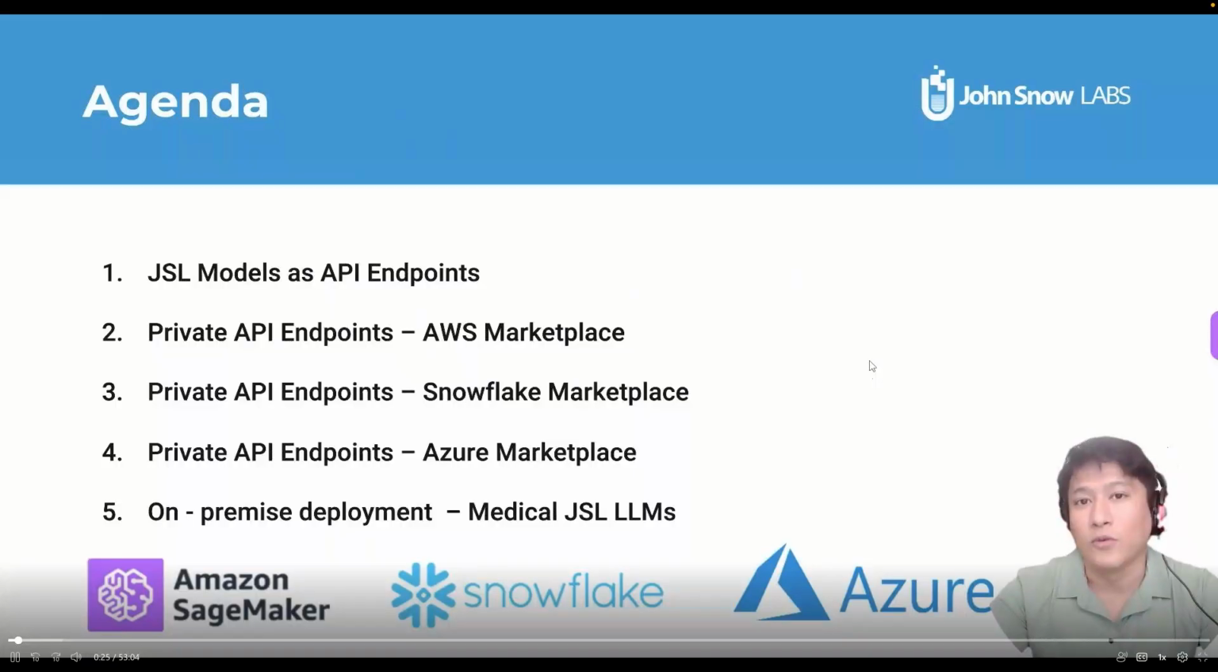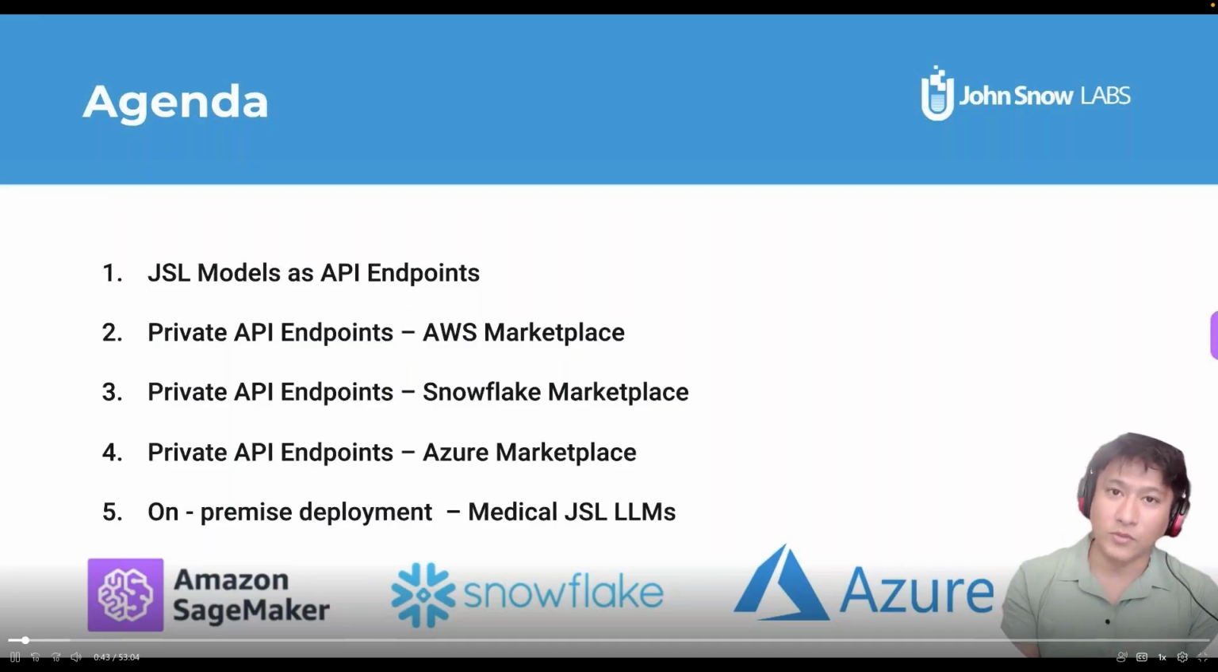In this session, I'm going to try to cover these topics. First, JSL models as API endpoints. In this topic, I'll explain why it's a good idea to start using JSL models as API endpoints over traditional approaches. Then we'll look at some of the deployment options we offer. First, we'll look at the AWS Marketplace. I'll show you what listings we have there,